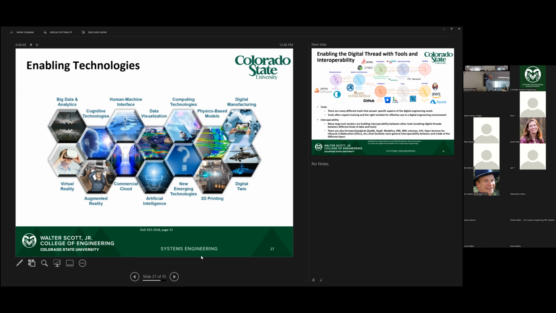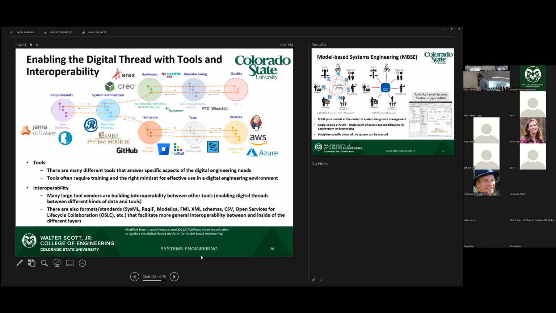Some of these are older approaches or technologies. Some of these are newer ones. And we see these as enabling technologies for building a digital engineering kind of approach and building what we'll see on the next slide, that digital thread idea. Here's one example. This is not meant to be what a digital thread is, because what a digital thread is should be reflective of the engineering approaches that your organization or the particular domain that you are exploring is.